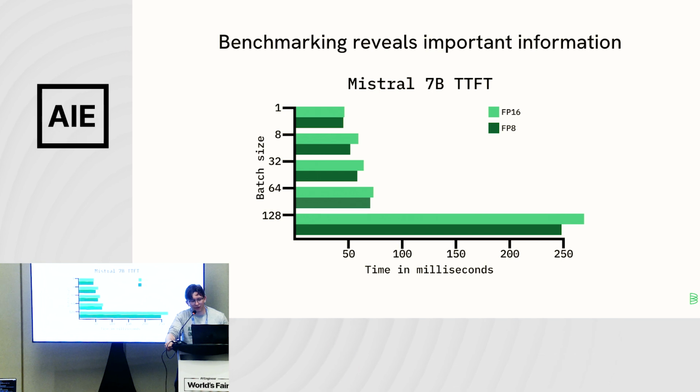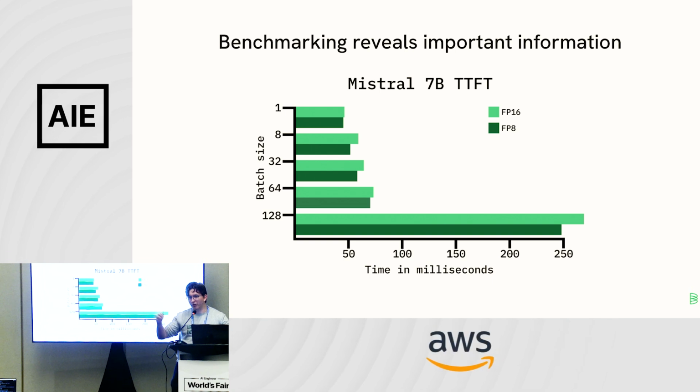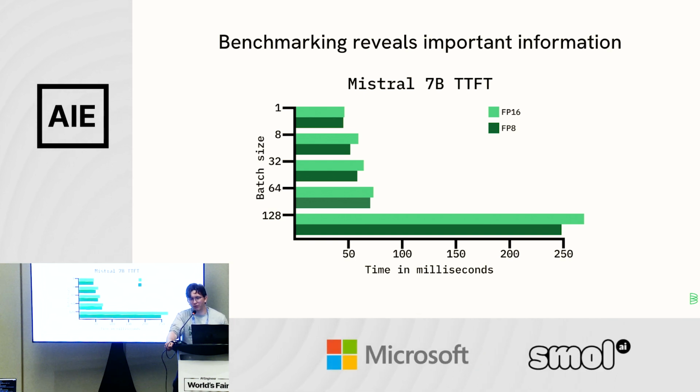So this is a graph of time to first token for a Mistral model that I ran a long time ago. I just happened to have a pretty graph of it, so that's how it ended up in the presentation. If you look at the batch sizes as it's increasing, doubling, 32 to 64, the time to first token barely budges. But as it goes from 64 to 128, doubling again, the time to first token increases massively. And in this case, the reason behind that is we're in the compute bound pre-fill step when we're talking about computing the first token.